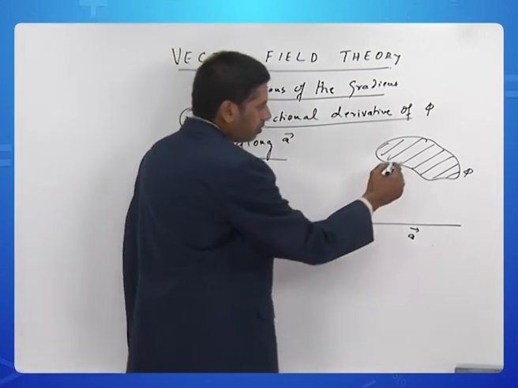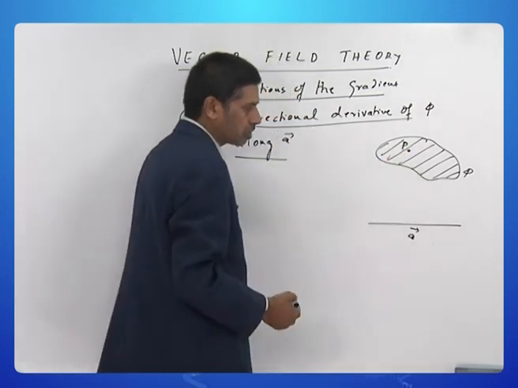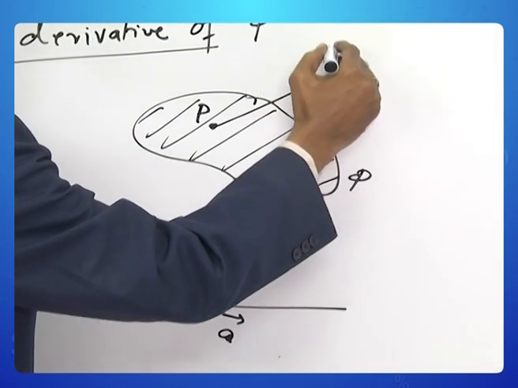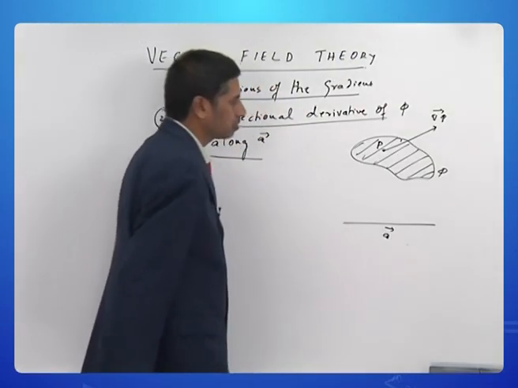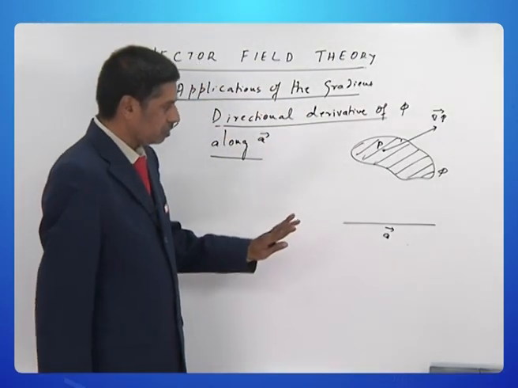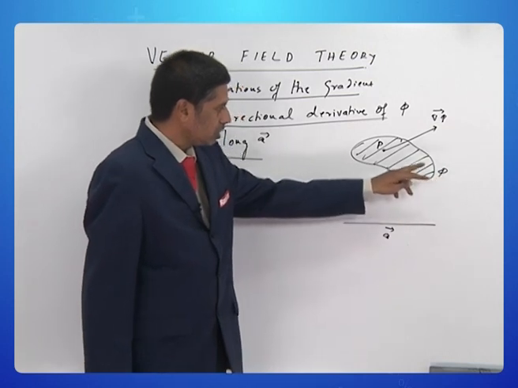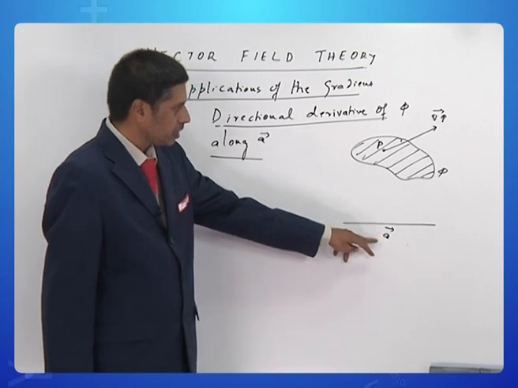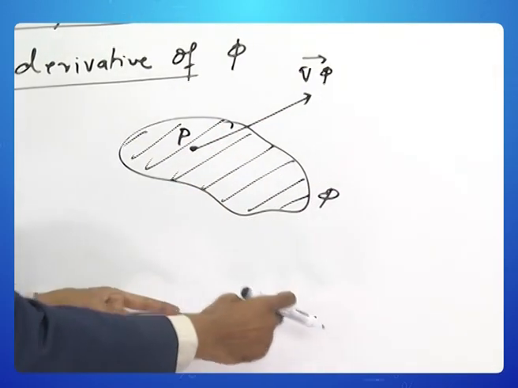Let us say we have a point on phi called P, which will be specified by its coordinates, at which we can draw the surface normal del phi. So, we have three pieces of information. One is the surface and its equation, the point P along with its coordinates, and a fixed vector A. So, now if you take the orthogonal projection of del phi on A,